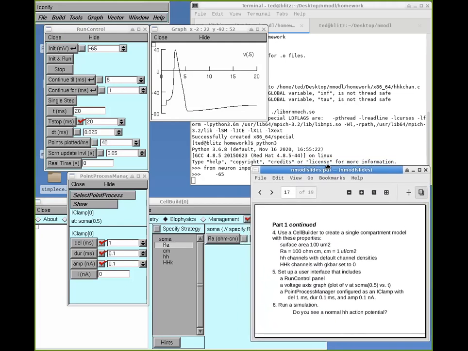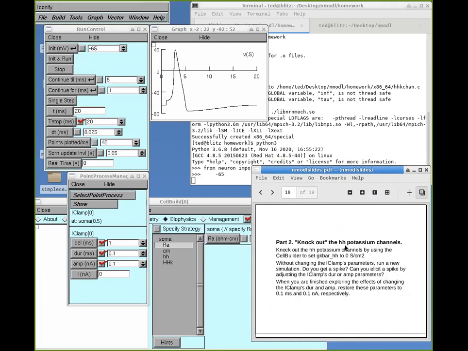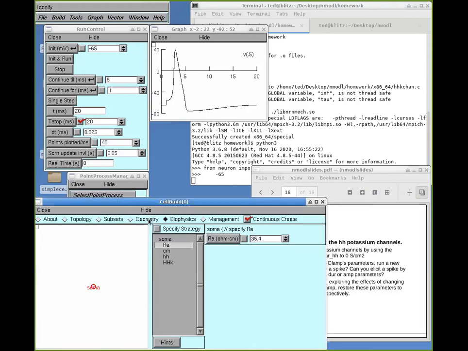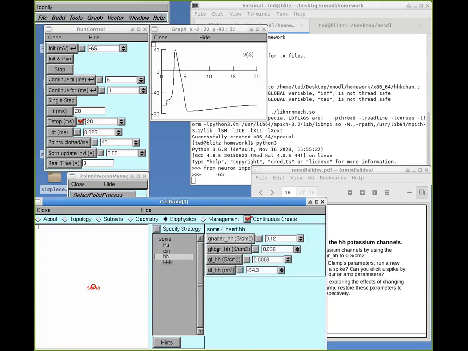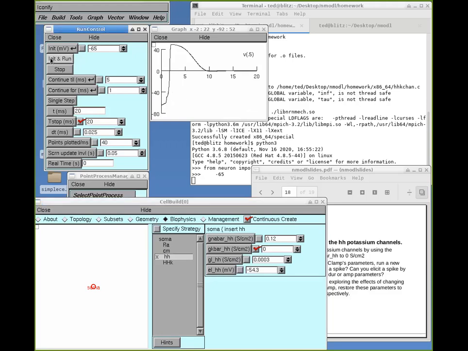All right, so at this point, I got a spike. Looks normal. And we want to knock out the Hodgkin-Huxley potassium channels. And if we do that, we do it on the biophysics page here, going to HH. I'm going to change the potassium channel density from 0.036 to 0 Siemens per square centimeter. And now if I run a simulation,